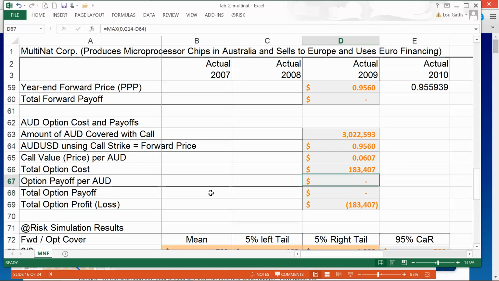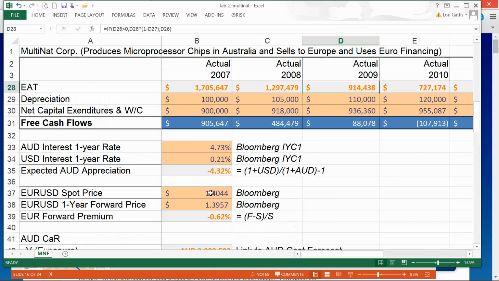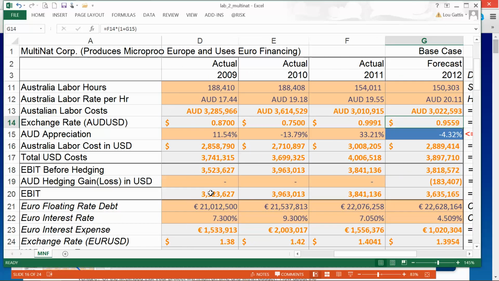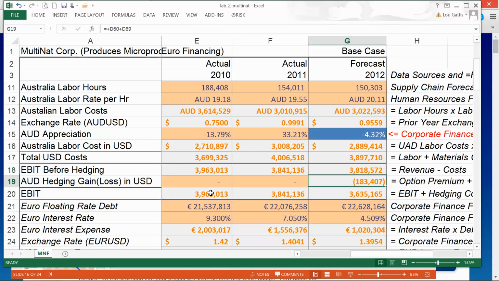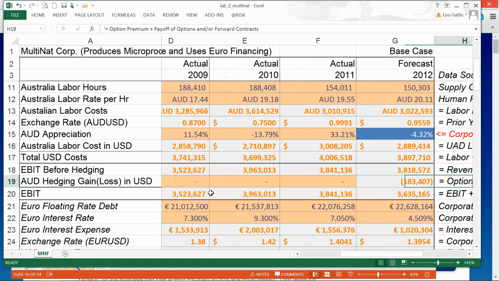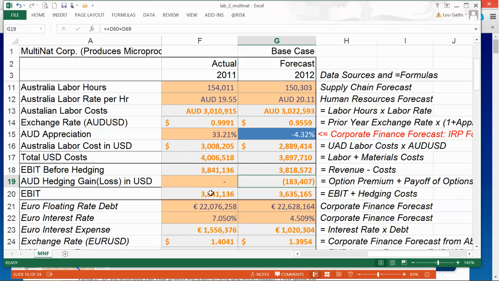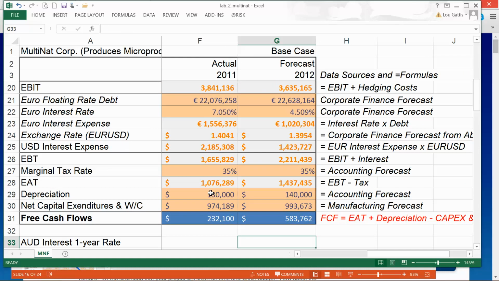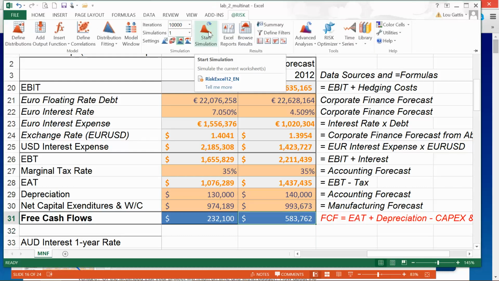However, now that I have a call option, I now get a payoff. So my payoff is down here, max 0, ST minus the strike. So now when I run a simulation and get 10,000 different Australian dollar appreciations, this hedging gains and losses is going to show the payoffs of the call. Right now it just has the cost of the option. So now when I run it, start simulation,